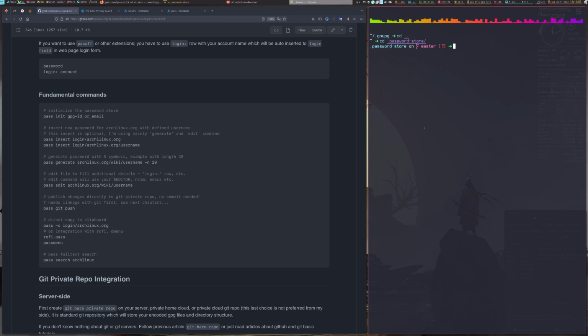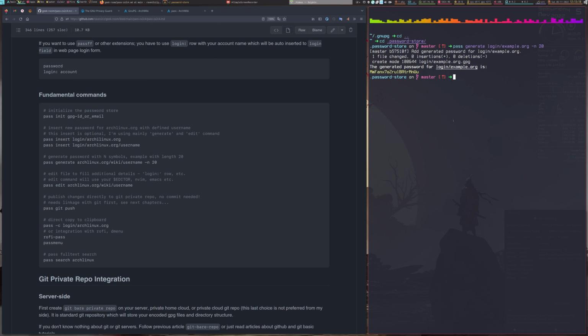So we can try to create some example here. I will create, for example, the web page example.org. My workflow is the following. I will type path generate and select that it is login, and the login page will be example.org, and I want to generate the password with 20. So the file is created. You can see here that it is example.org.gpg, and there is stored the password